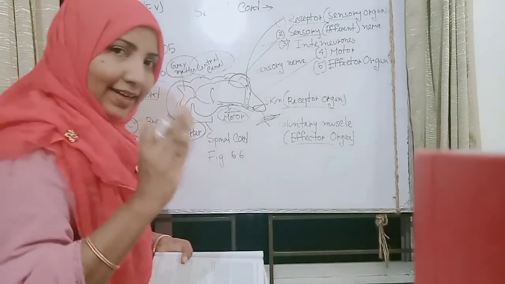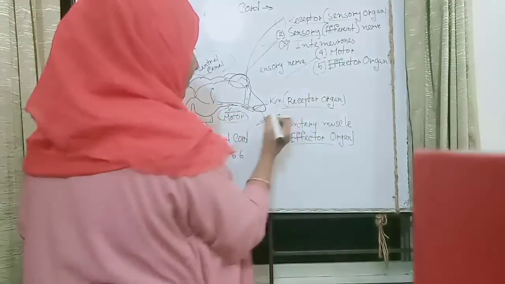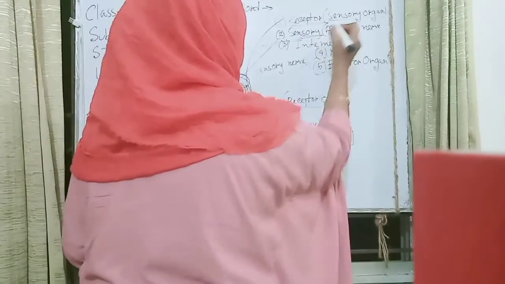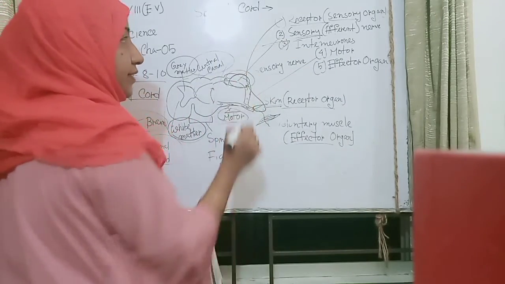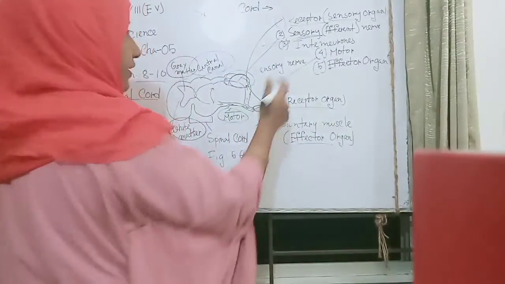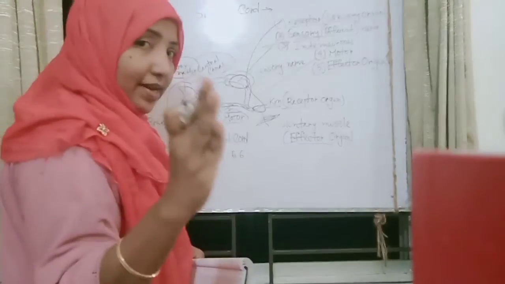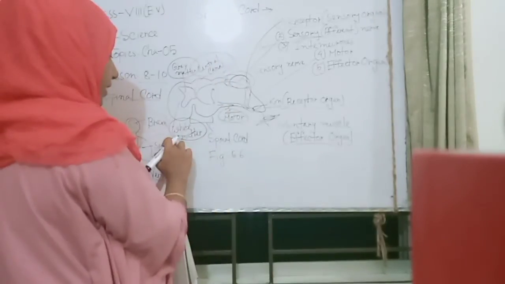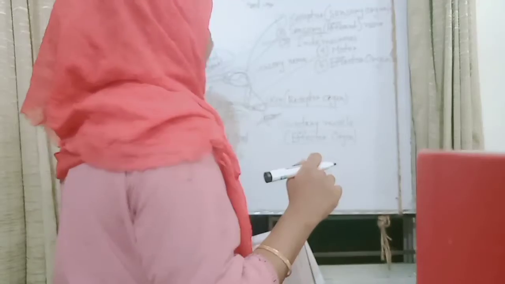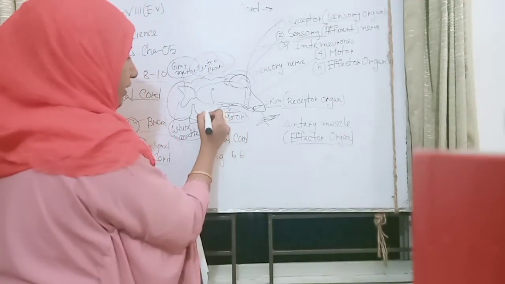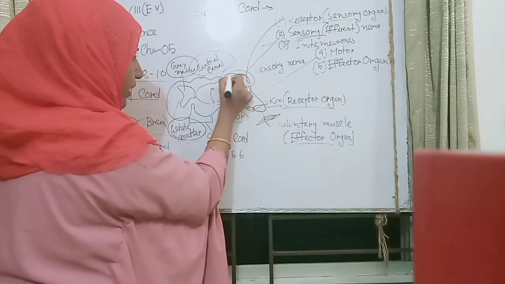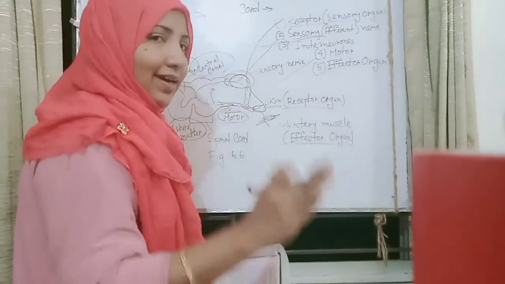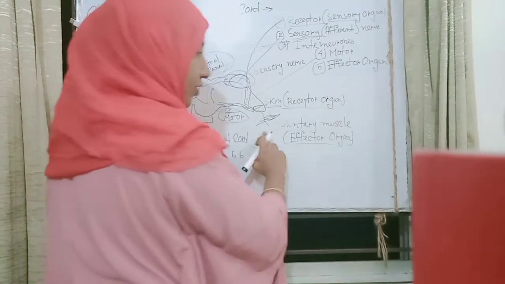Is it clear? Again, the first structure is the receptor. The skin is the receptor organ. The second structure is the sensory or afferent nerve. Third is the interneurons. Basically, there are three categories: one is the central canal, second is the gray matter, and third is the white matter. The fourth structure is the motor nerve, and last are the voluntary